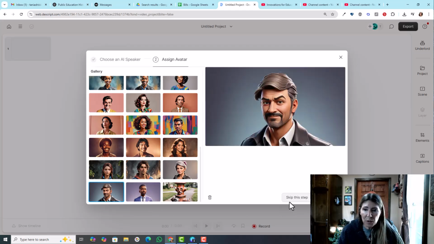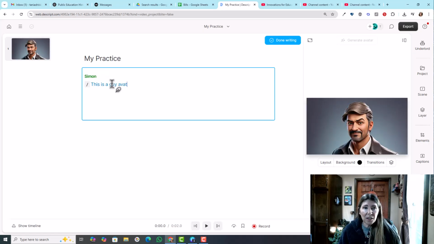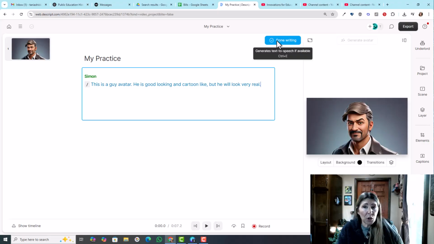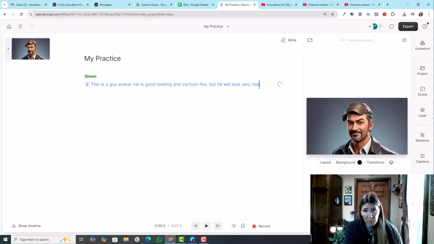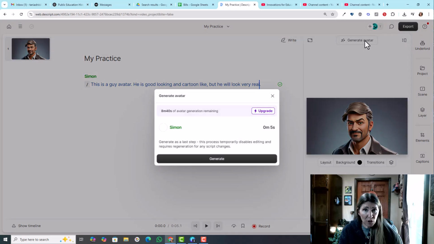Now, I chose a guy voice, so I'll choose a guy avatar. And then this is a guy avatar. They look very real. Okay, so you go through and you add all your text and what have you. And then when you're done with the script, you choose done writing, and then your AI speech is generated. So now it knows what will be said, and then the next step is to generate the avatar, and